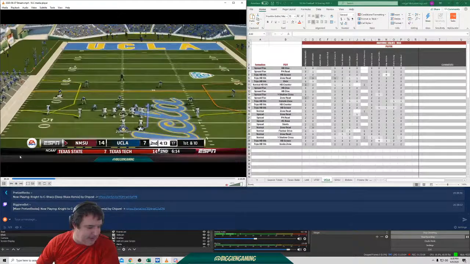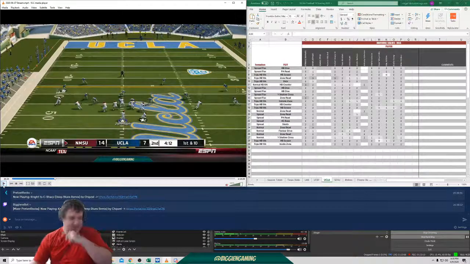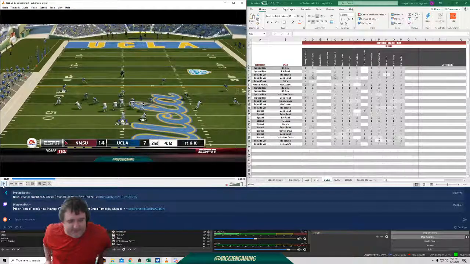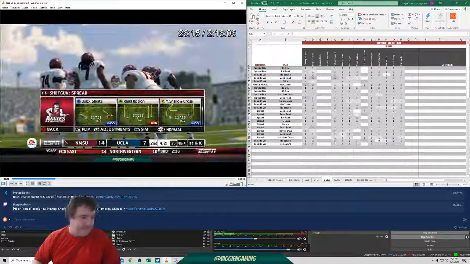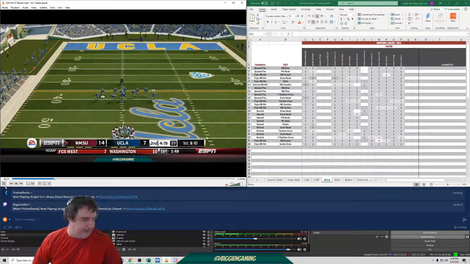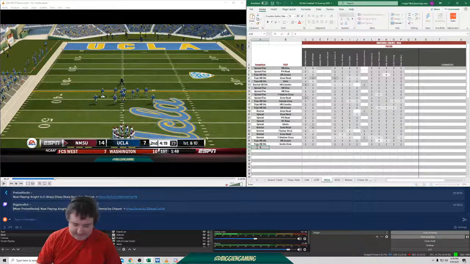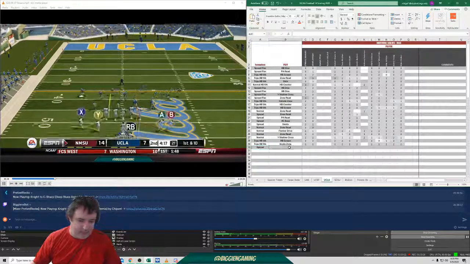All right, this is a great play. I love this play. If we can start getting this done in the future with this offense, it's going to be a big help to us. Okay, so we go spread. Oh, look, I actually changed up the formation sooner than I usually do. Okay, we call corner strike.